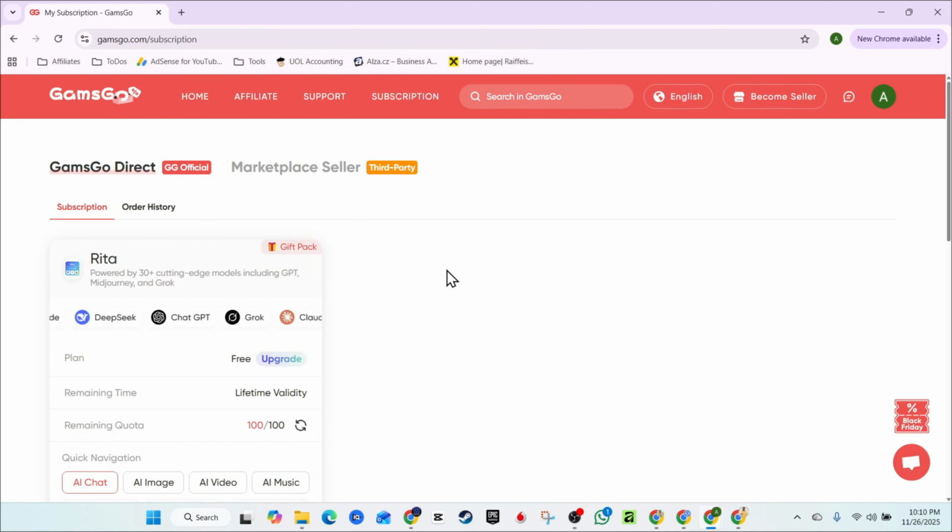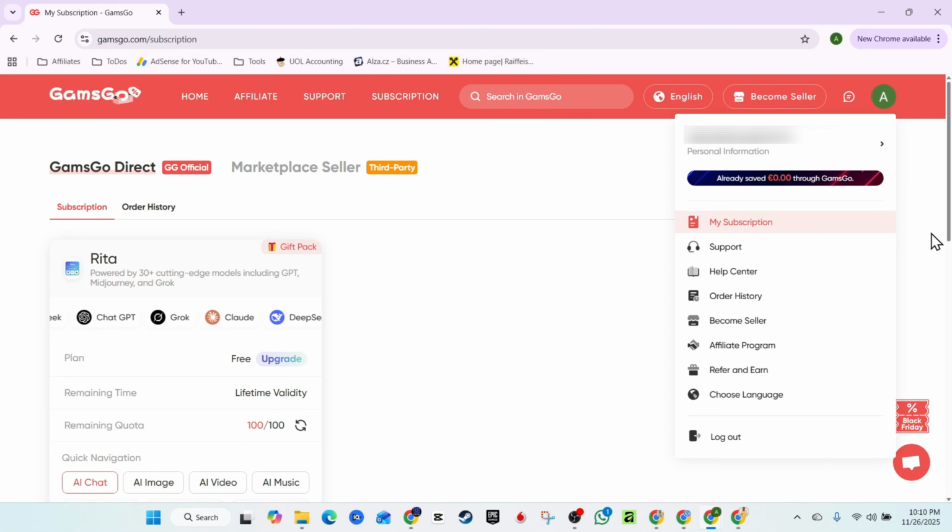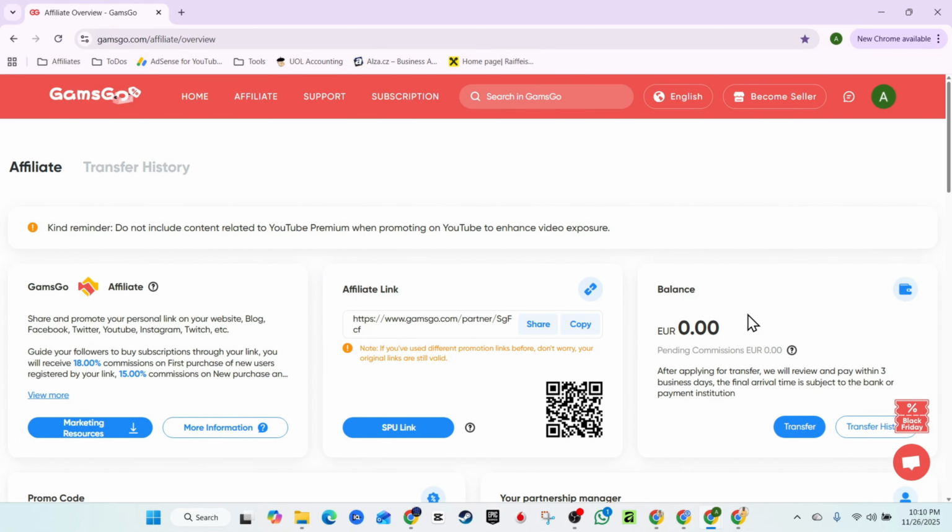It is super fast. You pay for your subscription, and within minutes, you're able to have the details that you can access in your account there. It is pretty fast. I would say almost instant. You can go ahead and create an account and purchase a subscription, and then you can use the subscription details to log in. And if you're interested in, for example, the affiliate program, you want to earn some money by sharing this with a friend, you can join the affiliate program as I show you and as I explained,